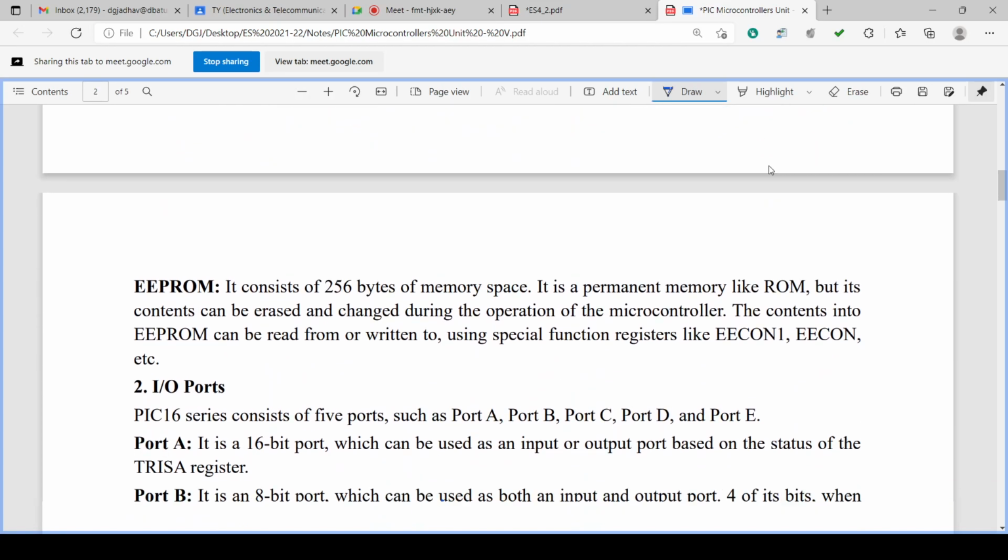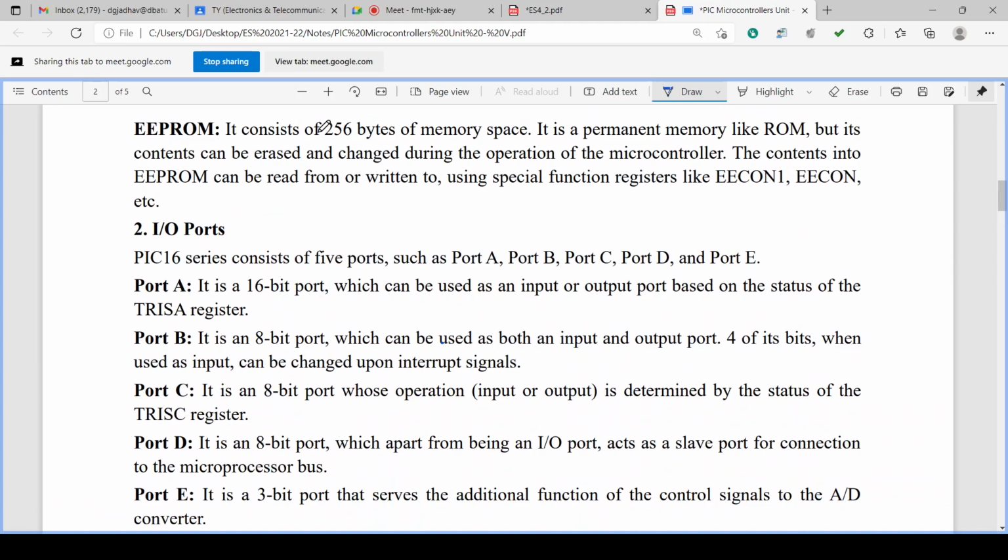It is a 13-bit register. Then there is EEPROM, consisting of 256 bytes of memory space, and permanent memory like ROM is there, but it can be erased and changed during the operation of the microcontroller, and contents of EEPROM can be read from or written to using special function registers like EECON1, EECON, etc.